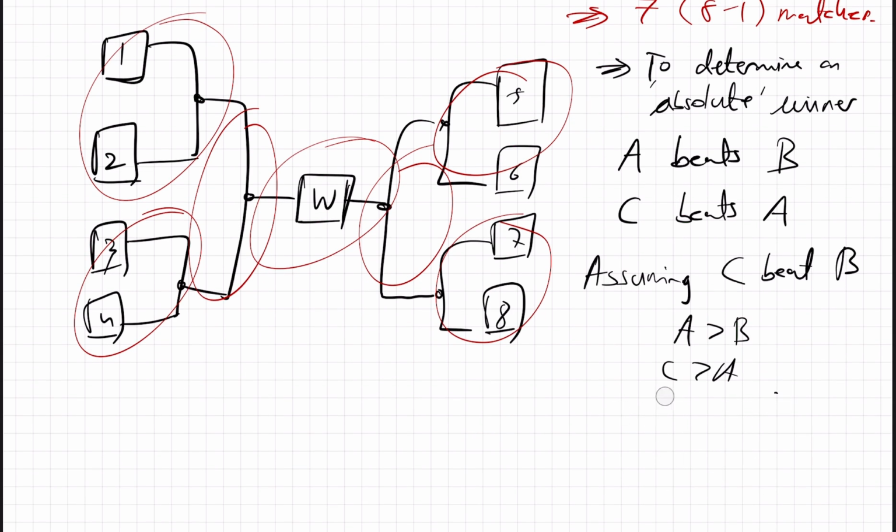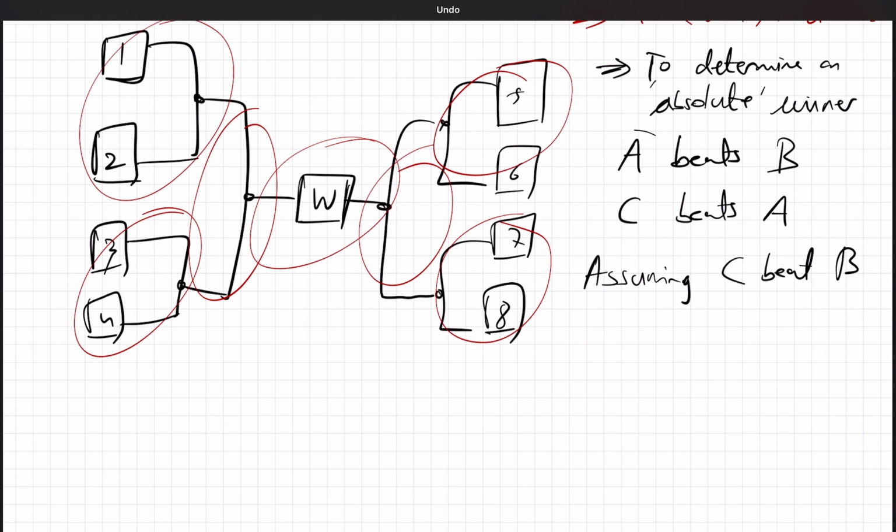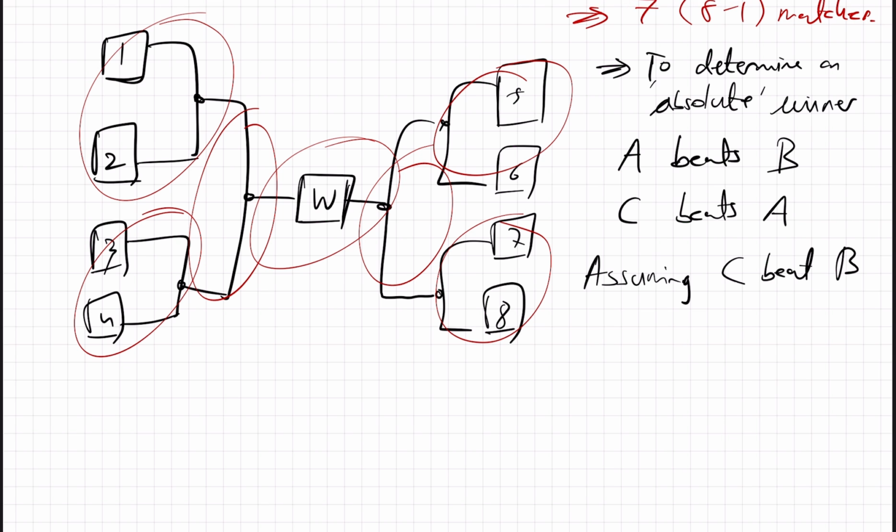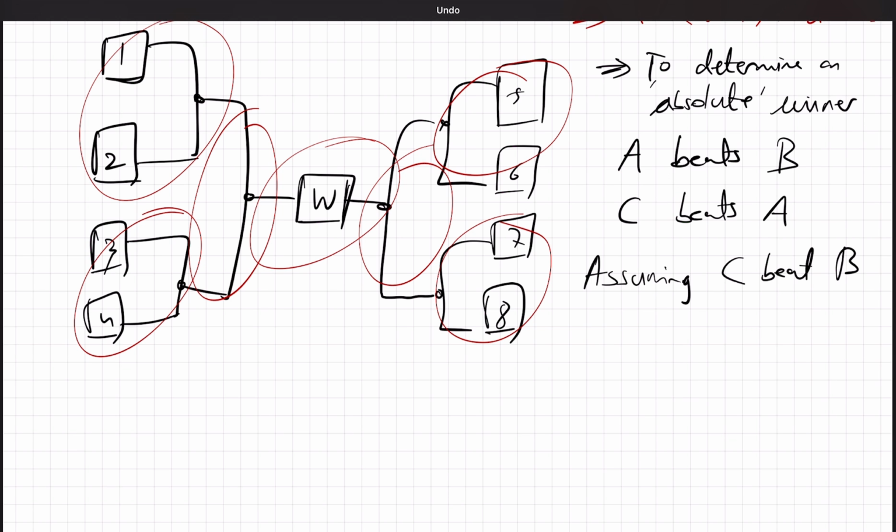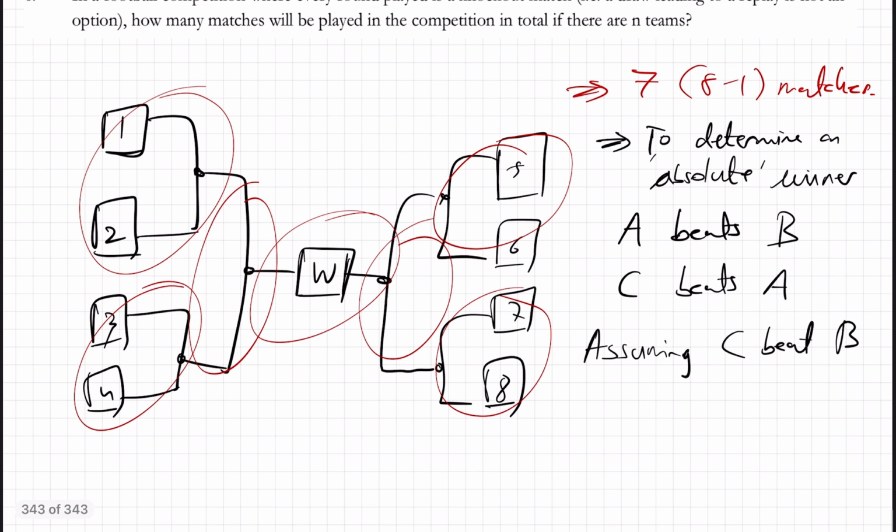And sometimes in real life this doesn't actually happen because teams might have different play styles. So B might have lost to A because of a weird play style which A is just able to capitalize on, but then if they played C, they might beat them. But we're just assuming in this case that it's a nice relationship like this.